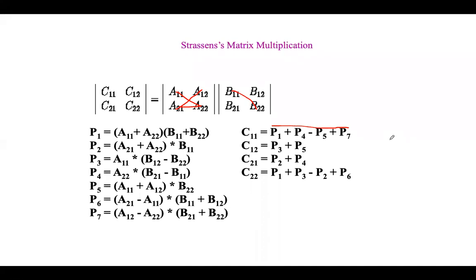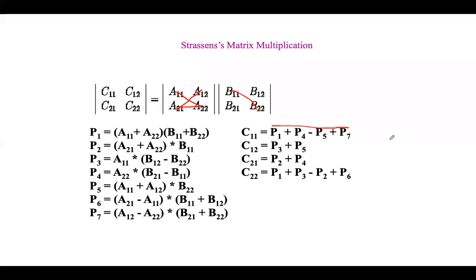Now, can you tell me whether this is better than the basic matrix multiplication? What do you think? So this is the actual Strassen multiplication for a 2 cross 2 matrix. Is it better than the basic matrix multiplication? If it is better, in what way? Can you say just by observing? Yes or no? Is it a better method compared to basic matrix multiplication?